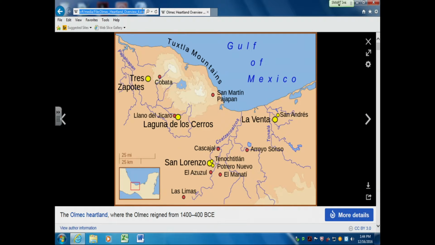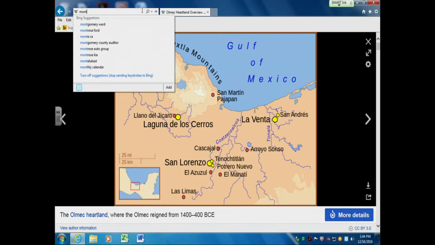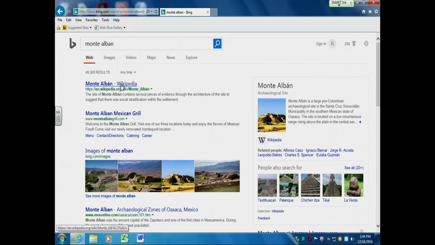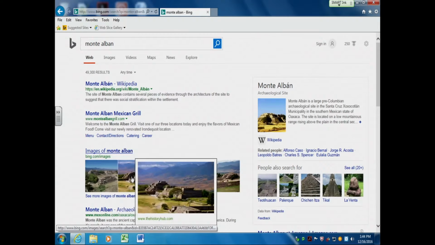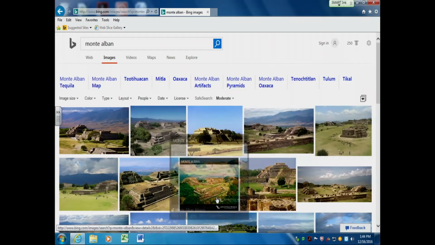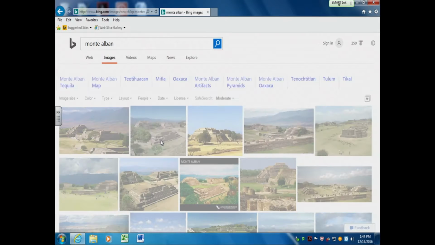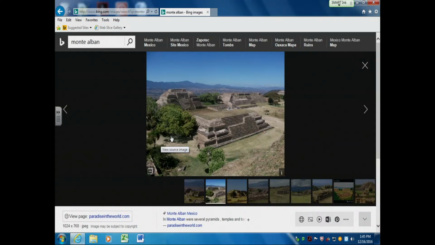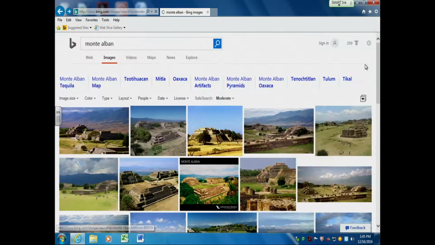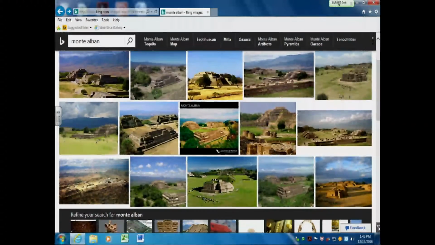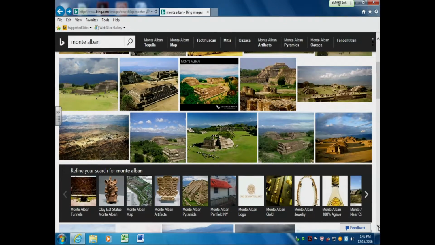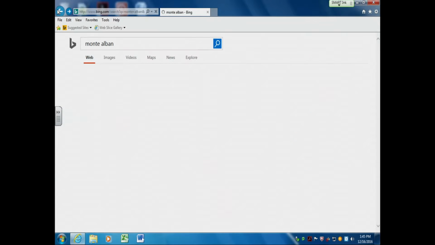Okay, next, go to Monte Alban. Monte Alban tequila. Funny. Okay, here's some photos of Monte Alban. There's a whole bunch of them here. Guess I'll go to this one. Again, a very sophisticated culture. I think we had a different view of this in one of the pictures in the book I showed you. Let's see if there's anything distinctly different here. Pretty similar to what we've already seen, so I won't dwell on that.